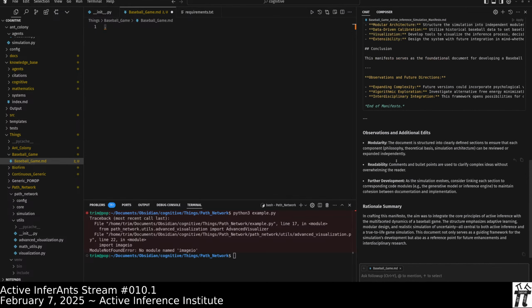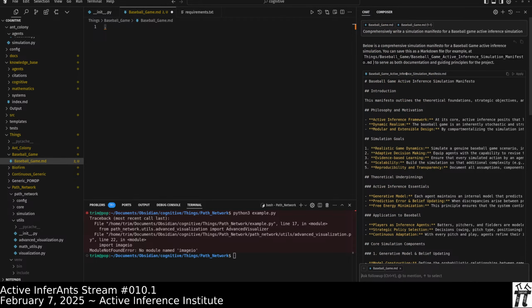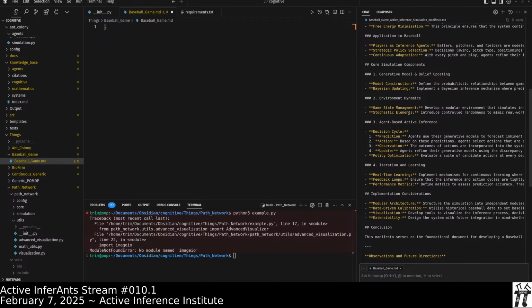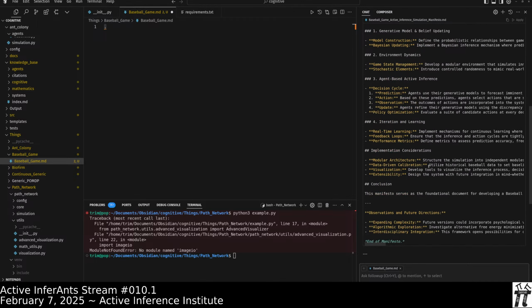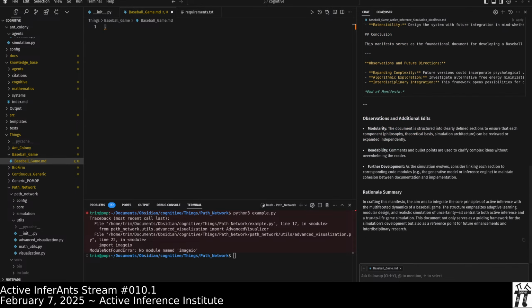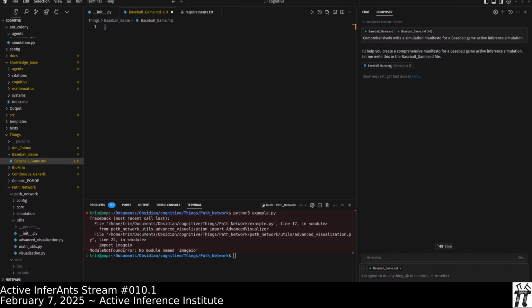So O3 Mini in chat, that's the Control-Shift-L. It did sort of write this summary and action plan for the baseball simulation manifesto. But I think we can expect that the agent mode Claude 3.5 is going to be doing a whole lot more.